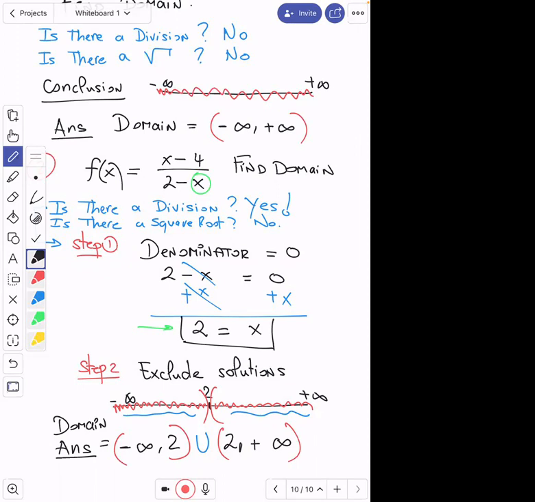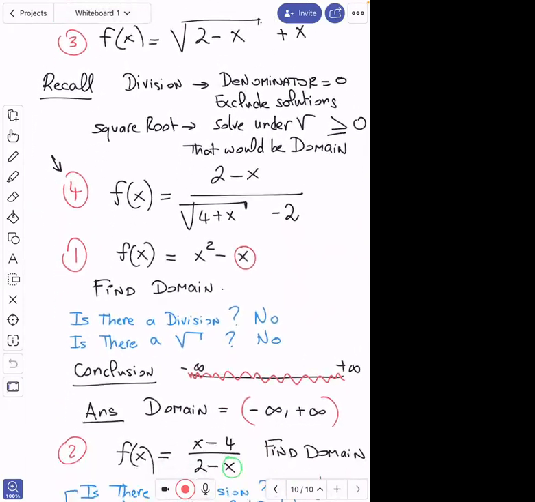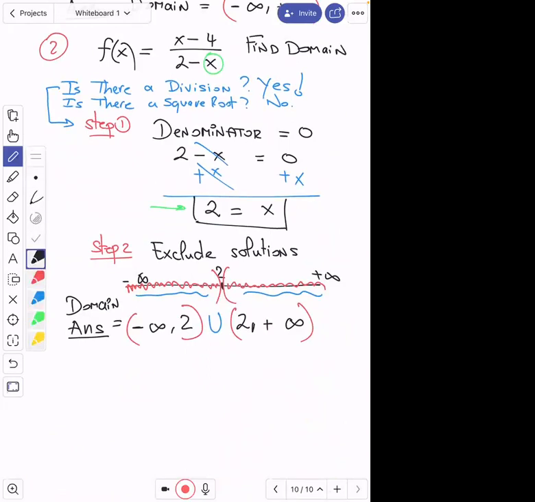All right, now let's do number 3. What's number 3? It's 2 minus x plus x squared, square root of course, sorry. So f of x is the square root of 2 minus x plus x squared. All right,